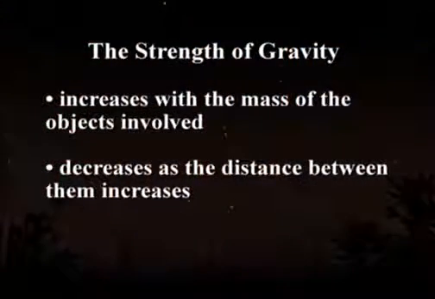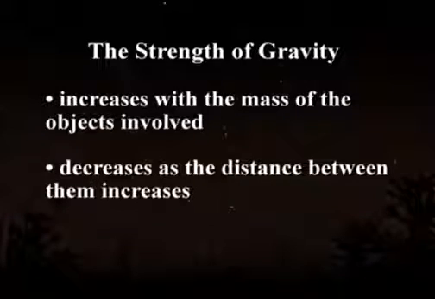But I'm not a physicist. Einstein's account of gravity is quite technical and quite complex, and Newton's will take us a long way. So I'm going to stick with the idea of gravity as a force of attraction. It's easier to grasp, and frankly, it can explain all the phenomena we need to understand in this course. Newton showed that the strength of gravity depends on two things. It increases with the mass of the objects involved. It decreases as the distance between them increases.